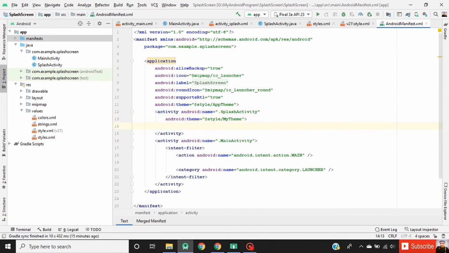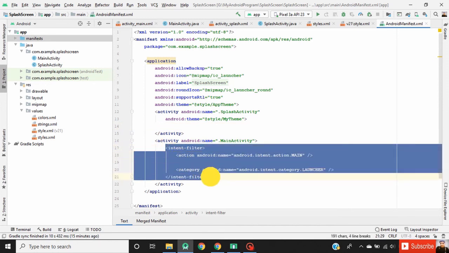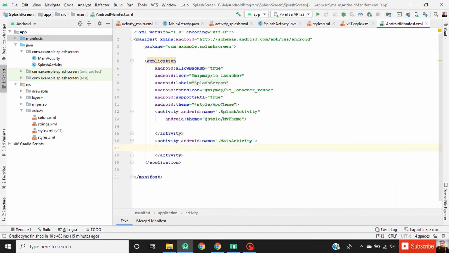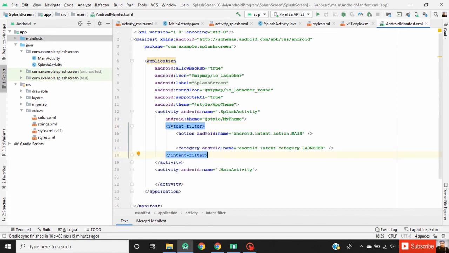Now at last we have to make the splash activity our launcher activity. So copy that launcher code, cut that code and paste it inside our splash activity.